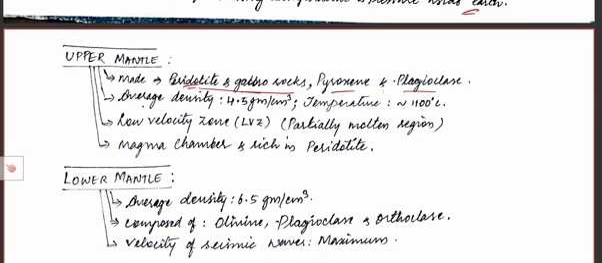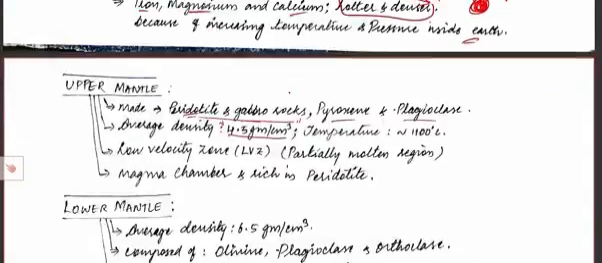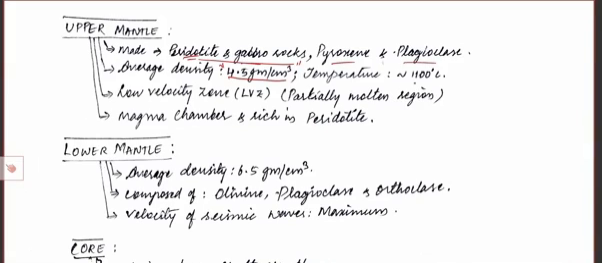plagioclase rocks. Average density is 4.5 grams per centimeter cube. This is higher than the density of oceanic crust, and the temperature is around 1100 degrees Celsius. This is also called the low velocity zone, a partially molten region. Here the velocity will be low, and in this region the melting takes place, and the